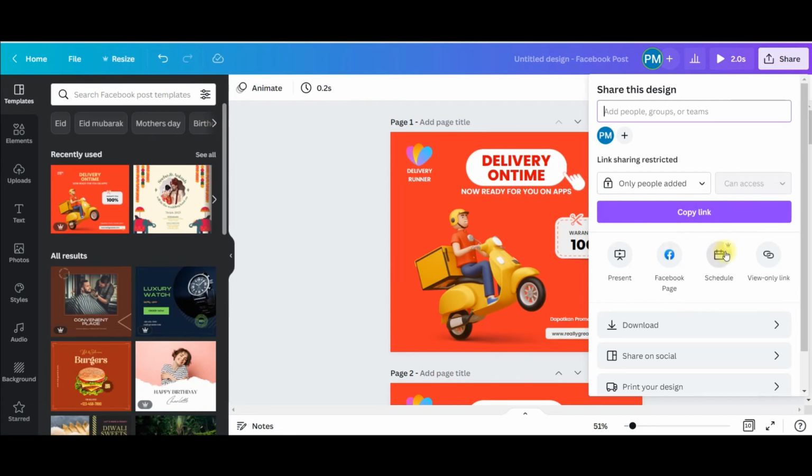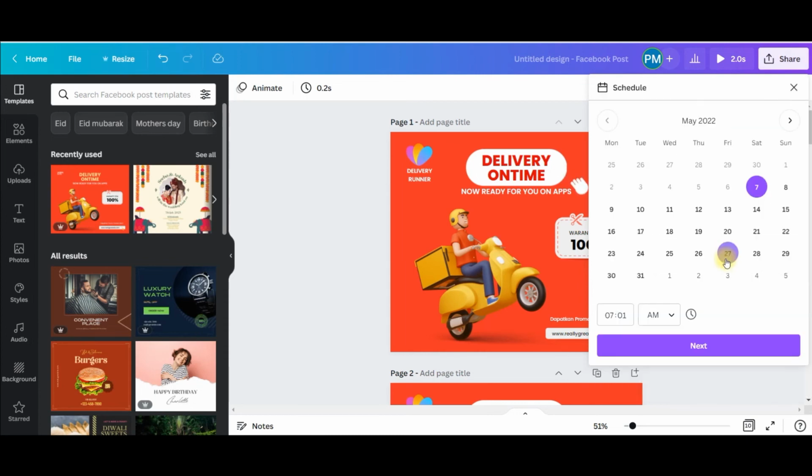I can schedule it for a later date and time for my Facebook page directly from here, but this scheduling option is not free. You can share right away, but you cannot schedule if you don't have the pro version of it, right? So this is how the scheduling looks.